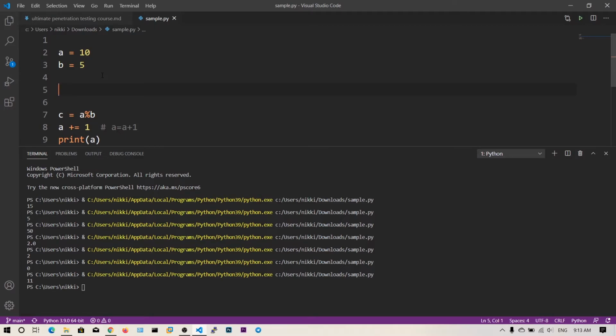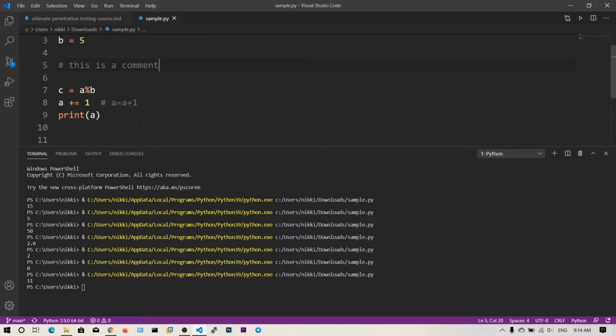If I say hash, the content followed by this hash will be neglected. So this is a comment. If I run this now, it will not give any errors, and the comment does not get executed. We only get the printed value of a. As you can see, we have got only 11.